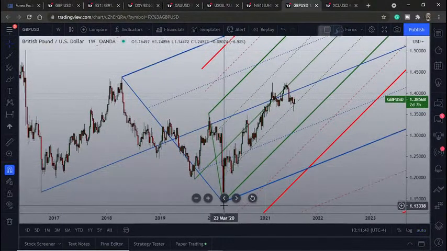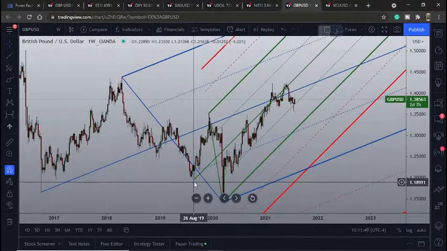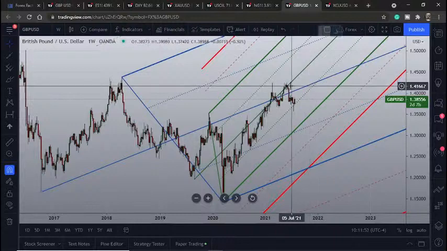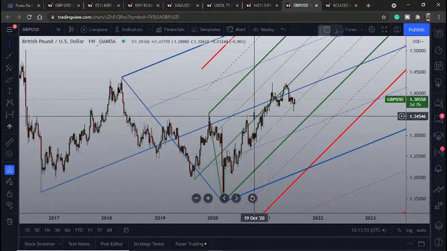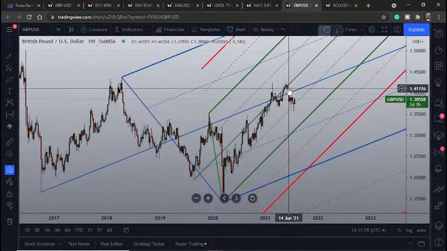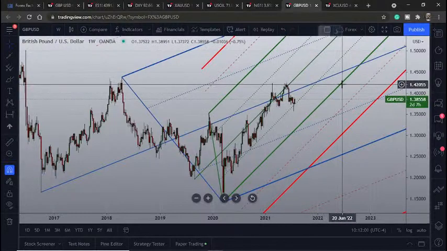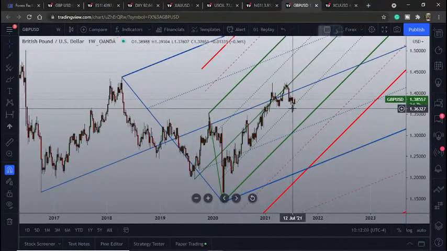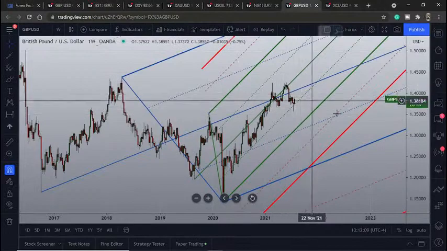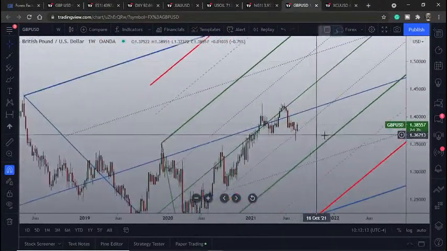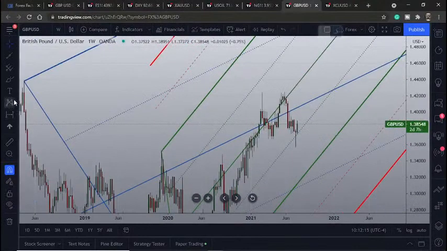Then if we use the three anchor points or pivot points prior to the strong move to the upside, you'll see that price broke above this center median line over here. It came down, pulled back to it and got rejected again. Now, very interesting is that we had a move lower into this lower 50% dash median line here. And currently on the weekly,